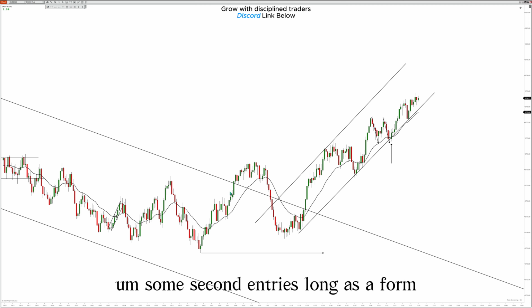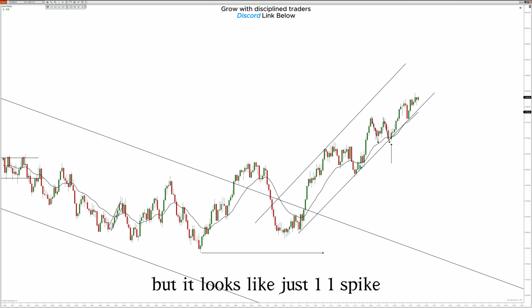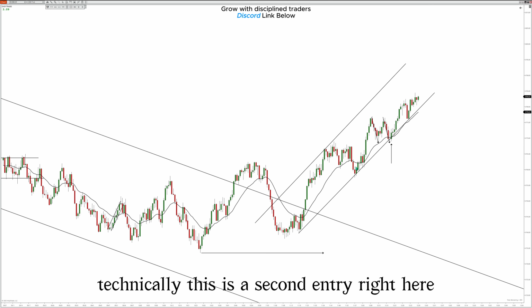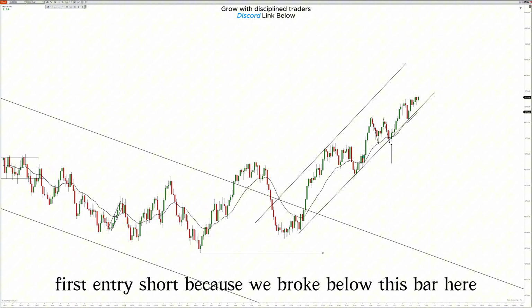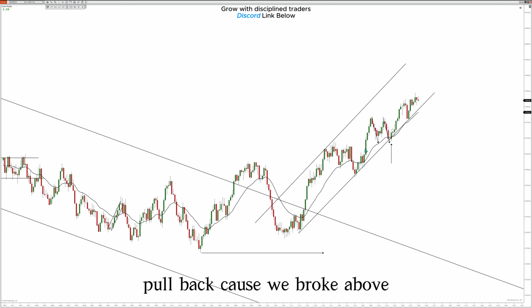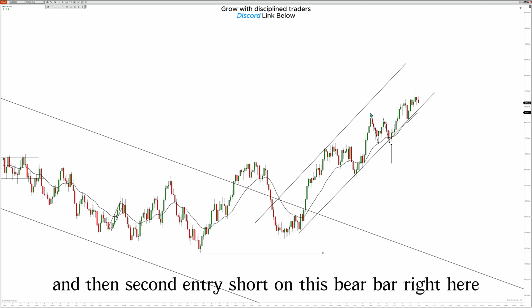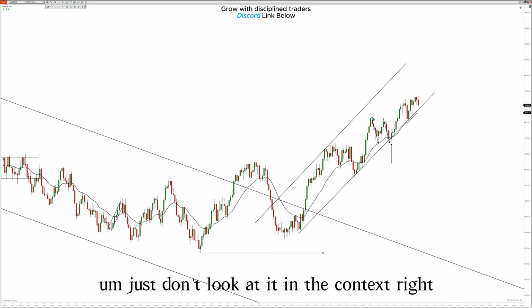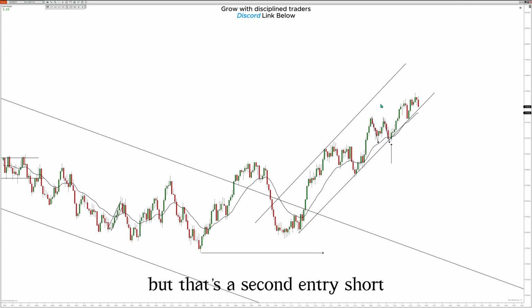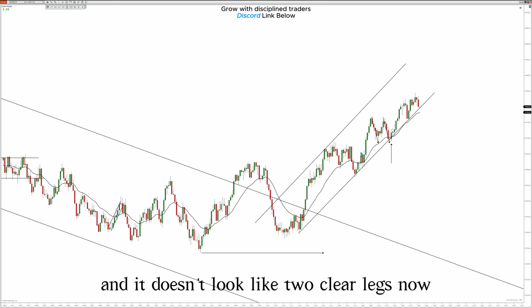Some second entry longs will form, but it looks like just one spike. You know what I'm saying? Technically this is a second entry right here, but it just looks like one leg up. If you reset the count from here, new low, first entry short because we broke below this bar here, pullback because we broke above, and then second entry short on this bear bar right here when it broke below that. So that's a second entry short. Just don't look at it in the context, right? Because you're not going short in an uptrend,